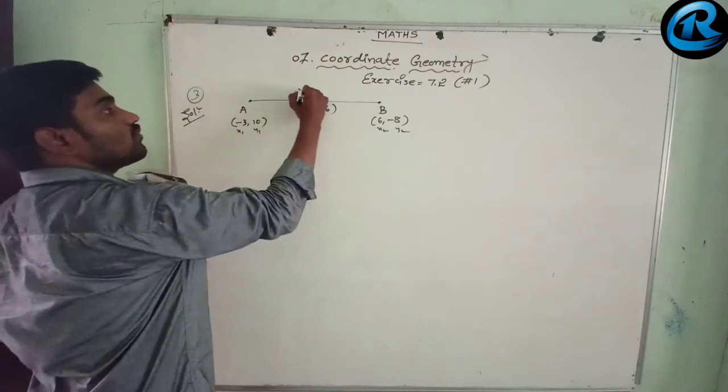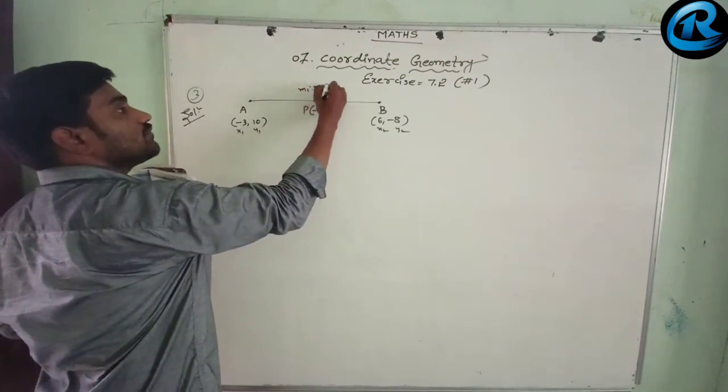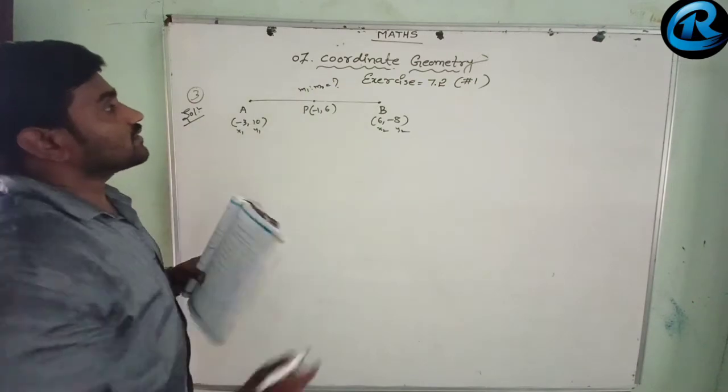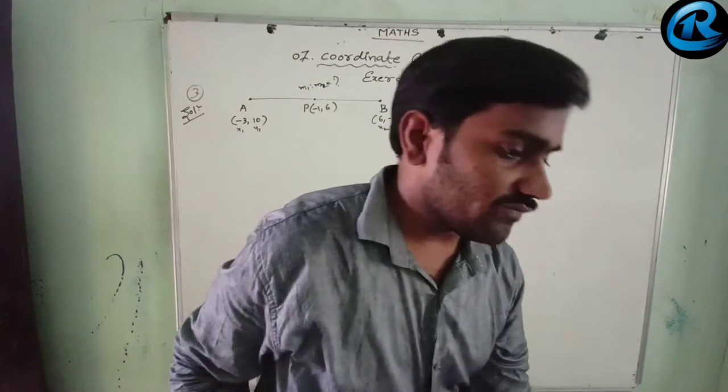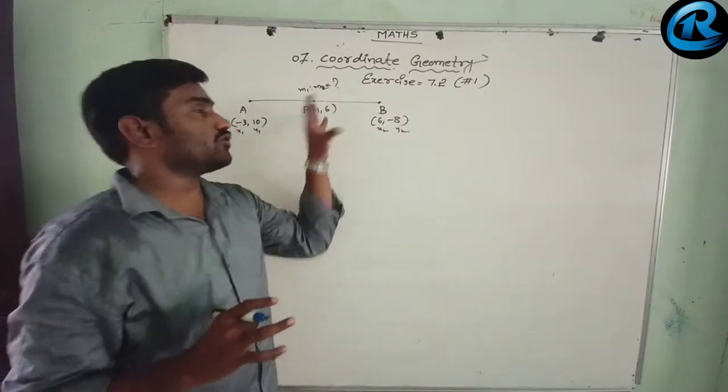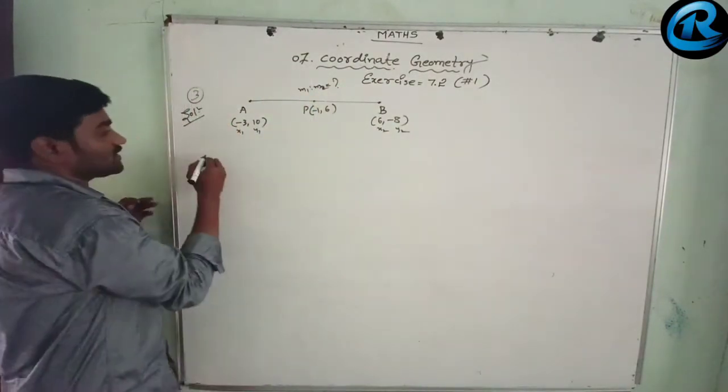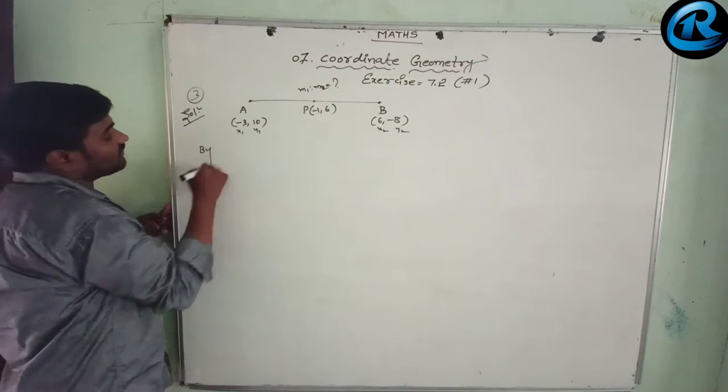Then we need to find out what m1 is to m2 equal to, the ratio we need to find out. Simple. By using section formula only. Section formula only has m1 by m2, that is the ratio. So we use section formula. By using section formula,